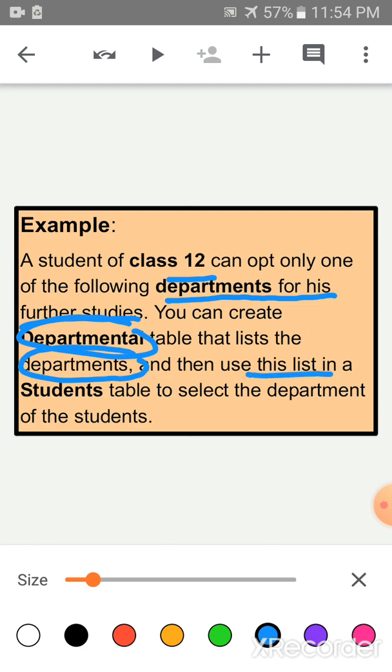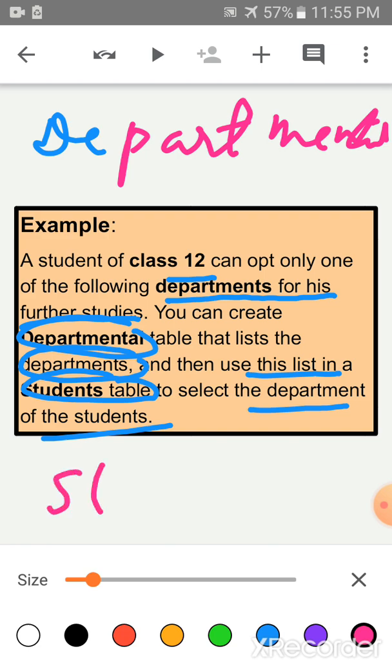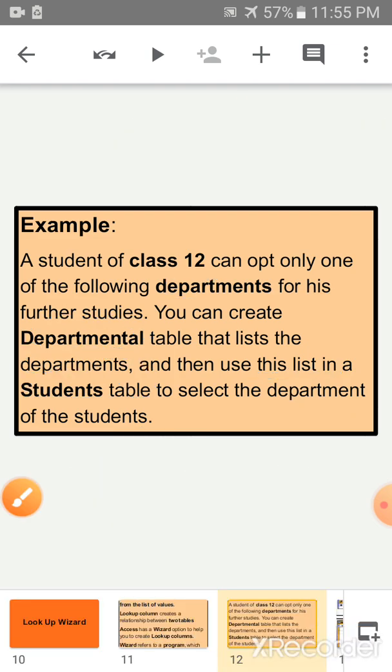Then use this list in a students table to select the department of the students. Okay children, so we have two tables. Number 1 is the departmental table and next is the students table. Okay, two tables we have to make.